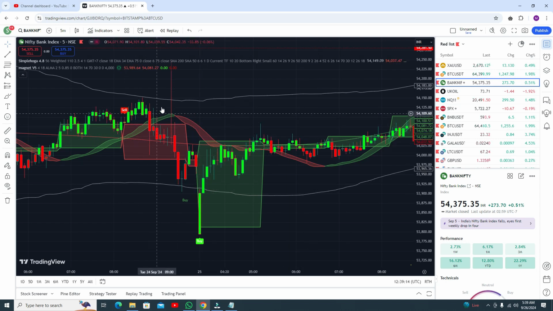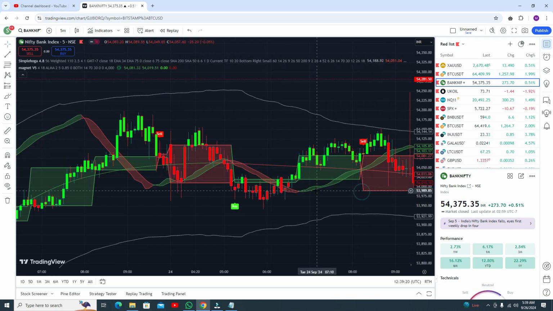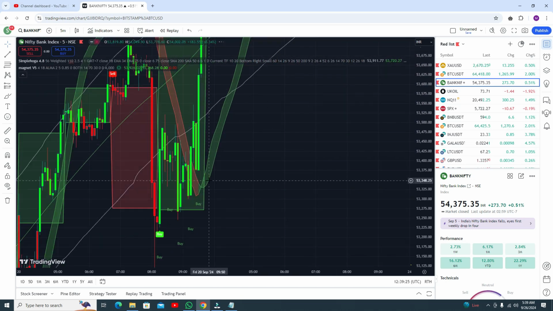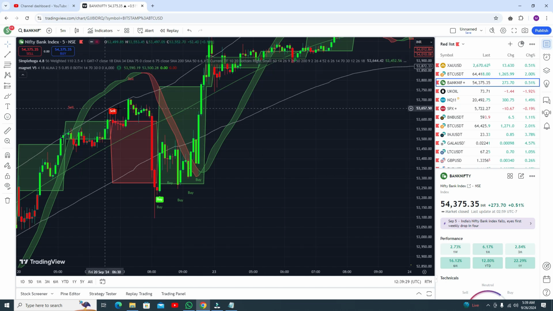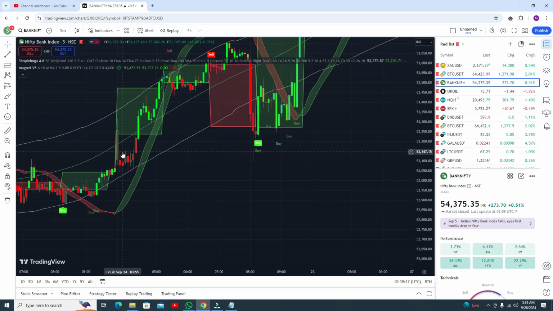Okay, now from this point you can go for the sell trade, and you got the profit here. Okay, let me show you some more details. Okay, this was actually a good buy trade, and you can see accuracy is awesome. Now this one is a sell trade, and you got the profit. This is the buy trade, and you can see results. Okay, I do not need to tell you, everything is very crystal clear on your screen.